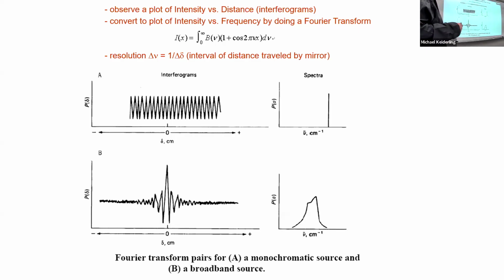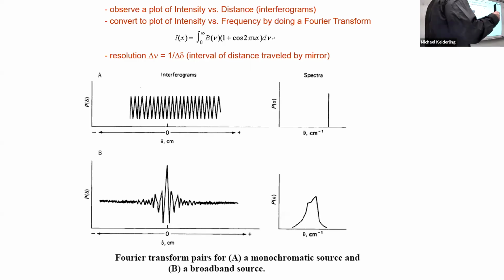So basically you observe a plot of intensity versus distance. That's the interferogram. You convert it to a plot of intensity versus frequency by doing a Fourier transform. This is the calculus version of a Fourier transform. The actual way it's done is the fast Fourier transform algorithm for doing a discrete Fourier transform. We definitely don't need to go into that, other than that algorithm is a really cool trick and is worth looking at if you're interested. I would never ask you to do it anywhere near by hand. It is beautiful because it is very easily machined up,